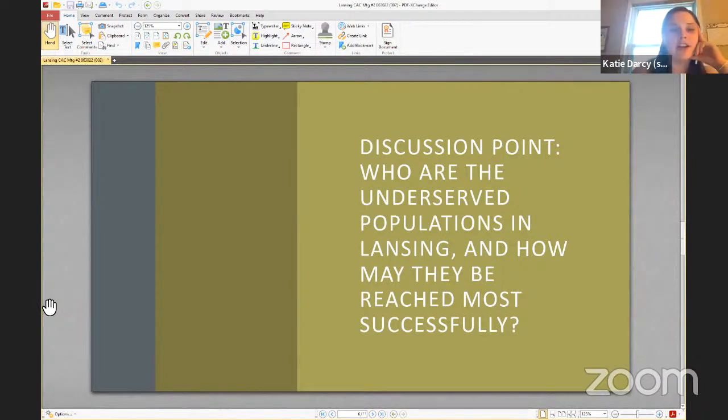Our least favorite comment is "we never heard about this" at the end of the plan. So we're trying to be proactive in that. And like John said, whether it's geographic or socioeconomic or whatever category of resident, we want to make sure that